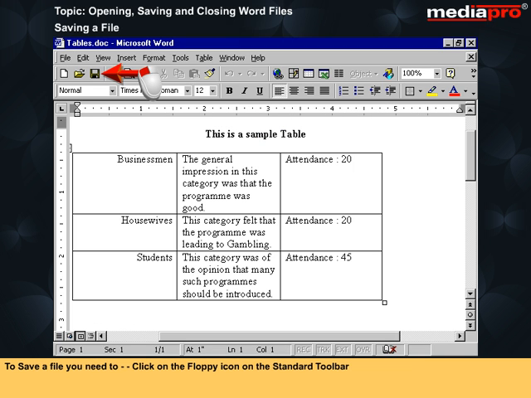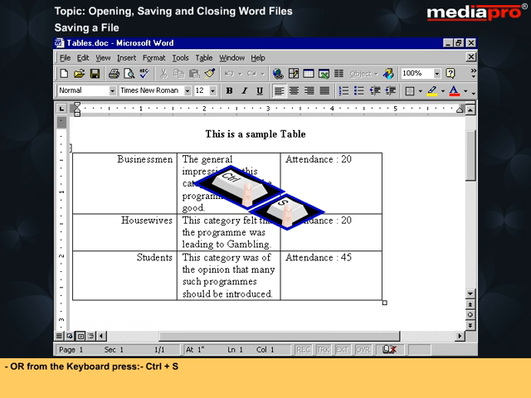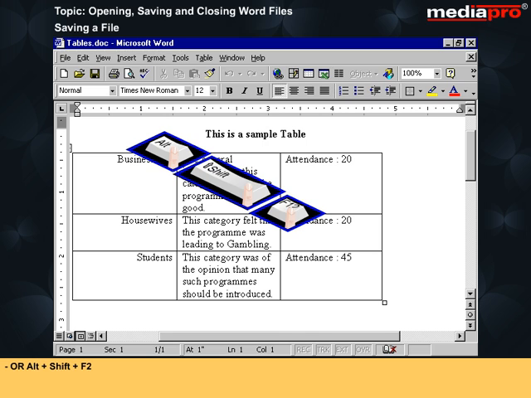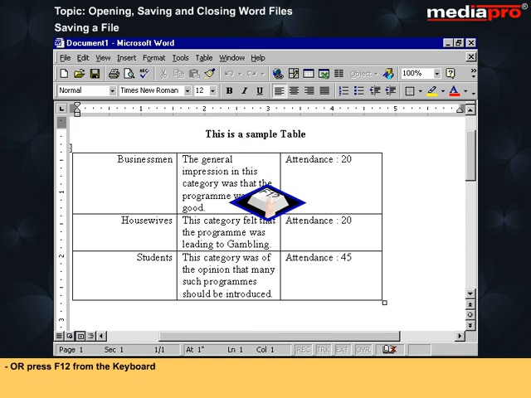To save a file, you need to click on the floppy icon on the standard toolbar, or select File, Save from the menu bar, or from the keyboard press Ctrl plus S, or Shift plus F12, or Alt plus Shift plus F2. To use Save As, you need to select File, Save As from the menu bar, or press F12